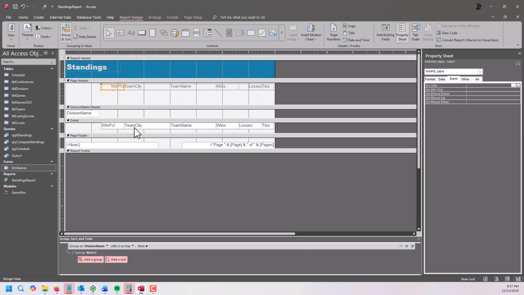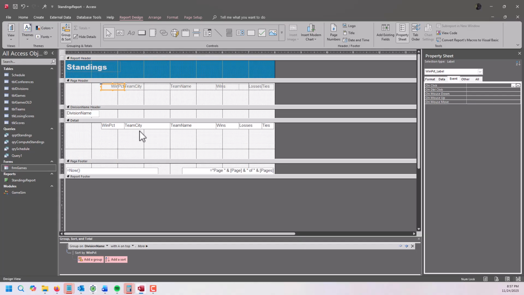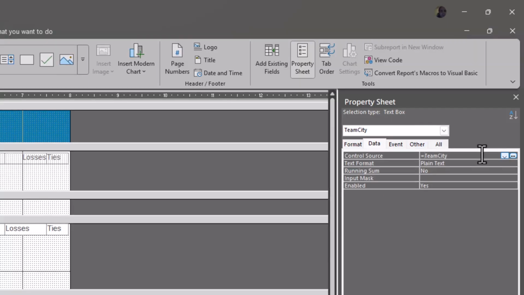Let's put the win percentage last. So we're going to go division name. And you know what? Actually, since it's a report, I'm going to put the city and name together. So I'm going to go here, and I'm going to go to data, and I'm going to say equals team city, and